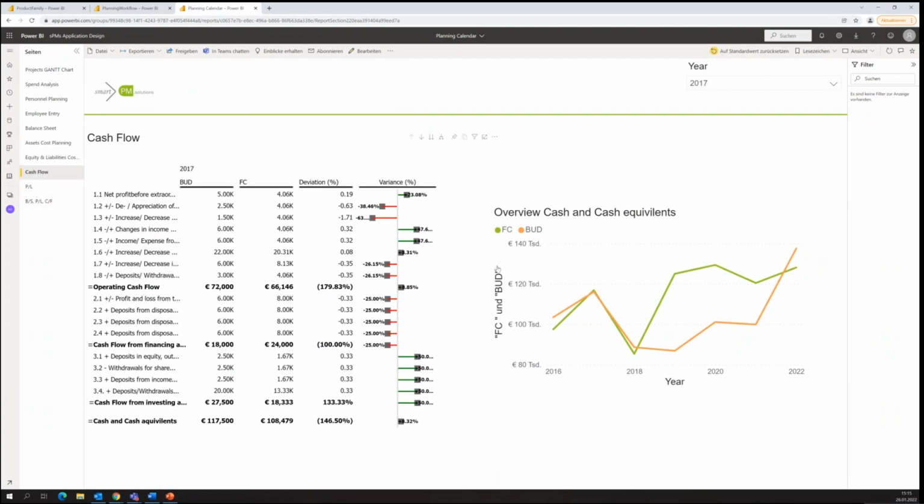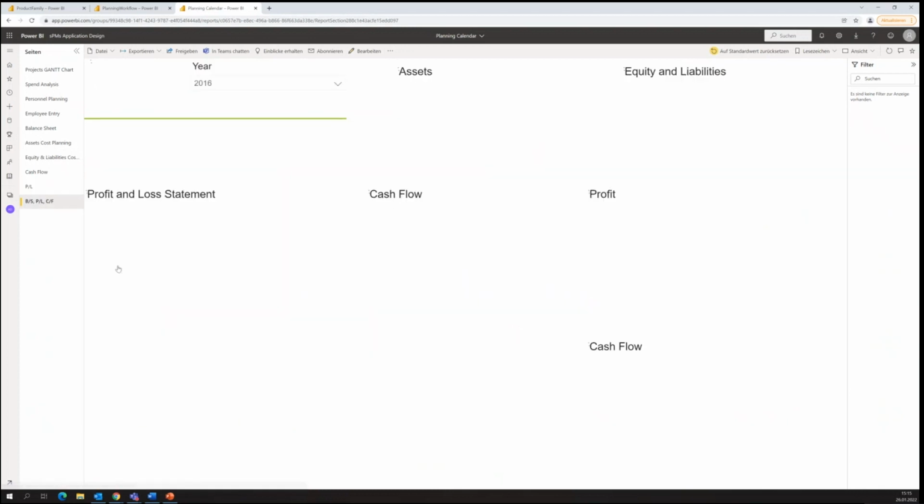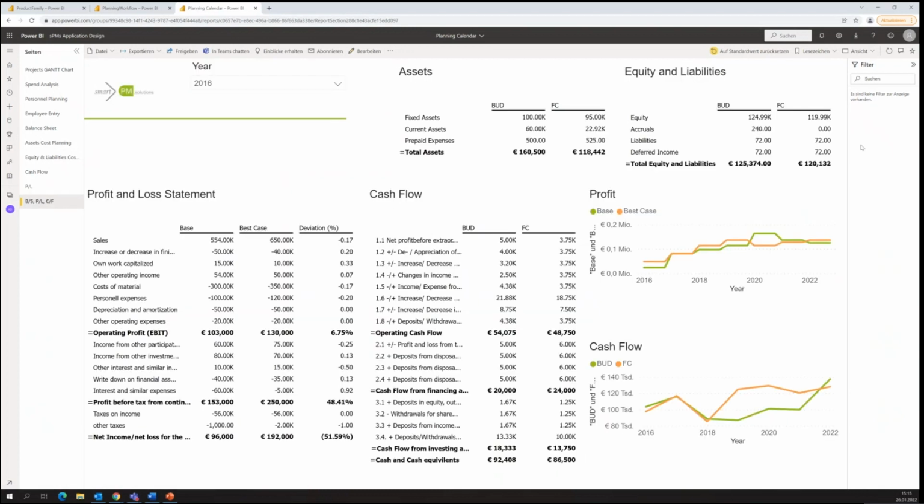This is a visualization of the cash flow with a budget, with a forecast, and deviation analysis. A profit and loss statement could look like this in your company, where we have actual against the budget. You get the variance and the delta information in one dashboard. And this is one example,